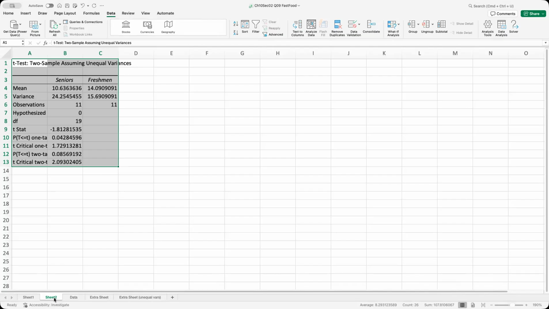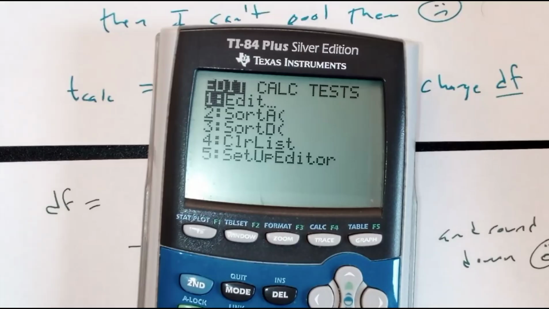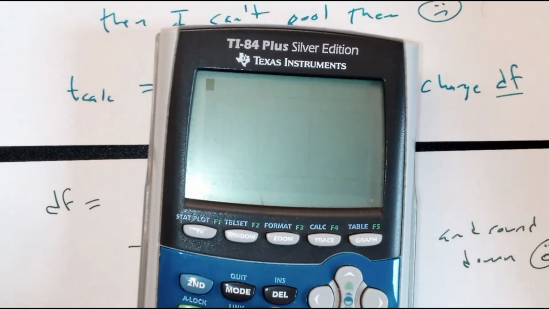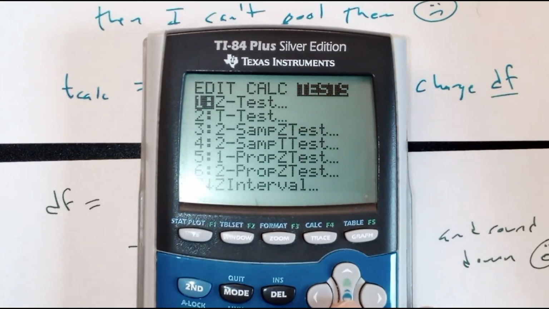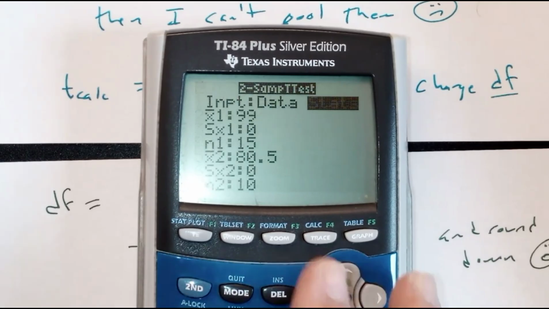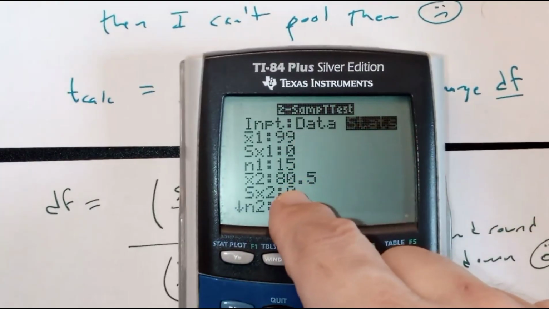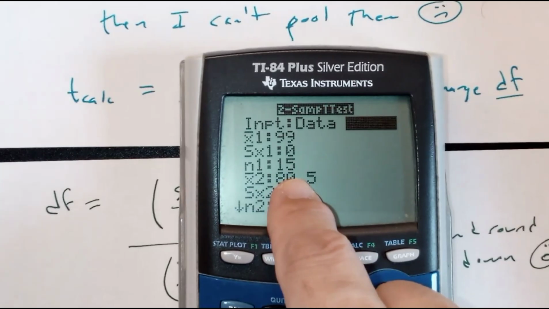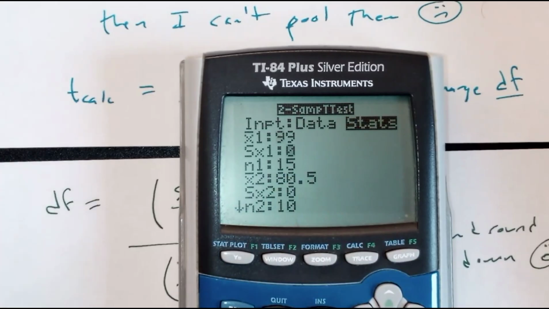Now, Leo, you said I can do this on the calculator. You could do the lists, you put your L1 and L2, because one could be seniors and one would be freshmen first. Exactly. If I take this same set of data I can put it in my lists. Edit my lists, put those in there. And then stat tests, two-sample t-test. Now, this is the one where I give it the summary data. Excel won't do summary data, but the calculator will. Way down here,